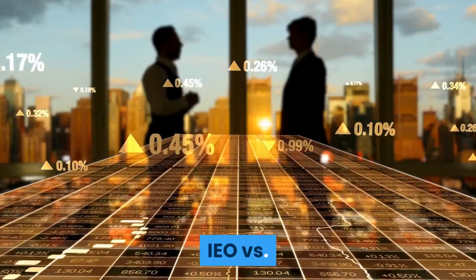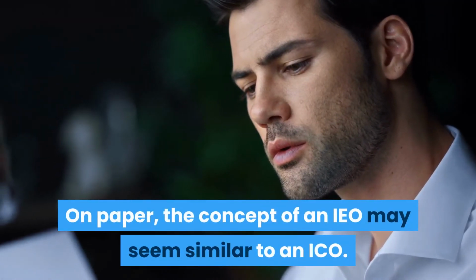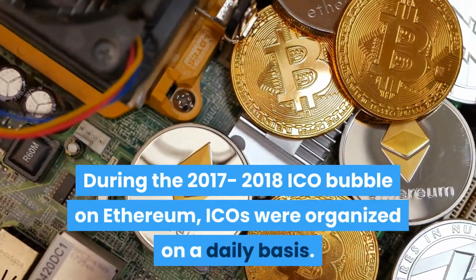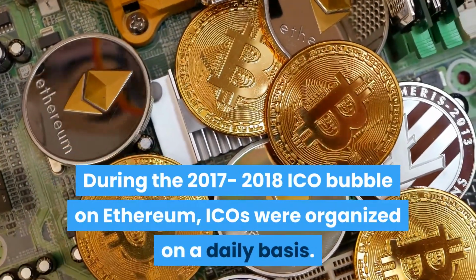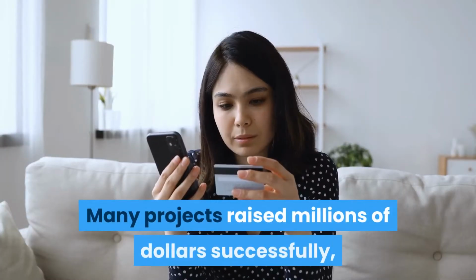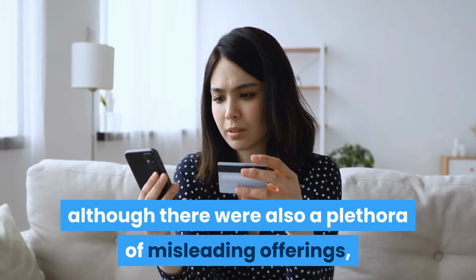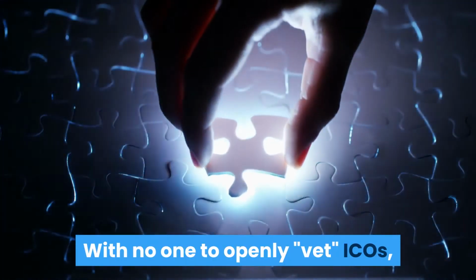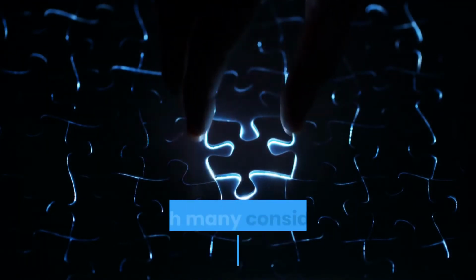IEO versus ICO. On paper, the concept of an IEO may seem similar to an ICO. During the 2017-2018 ICO bubble on Ethereum, ICOs were organized on a daily basis. Many projects raised millions of dollars successfully, although there were also a plethora of misleading offerings, as well as outright scams. With no one to openly vet ICOs, the concept eventually evolved into the IEO, which many consider to be